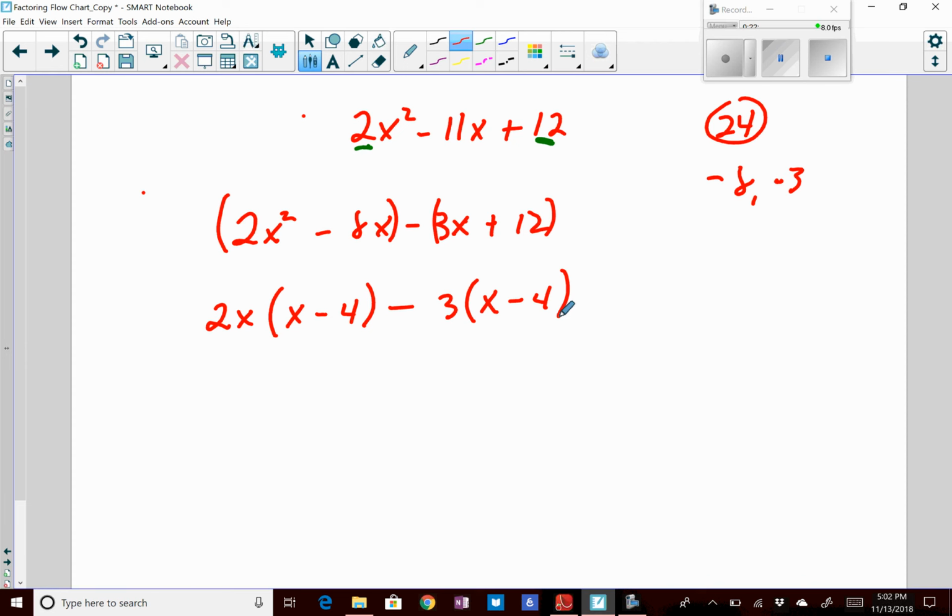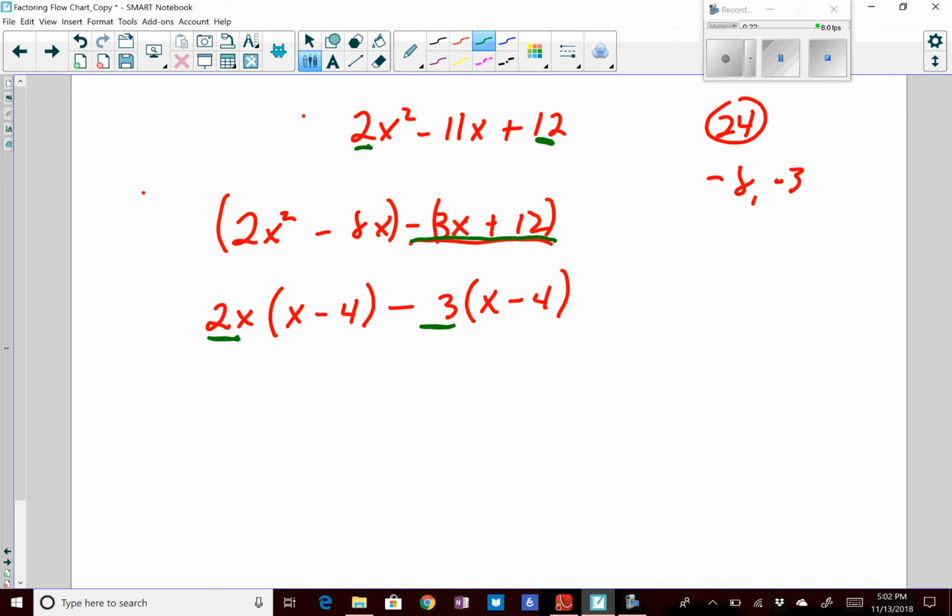And just remember that when you distribute this negative 3 now, what you want to get back is the last part of this expression. So if I multiply negative 3 times x, I get negative 3x. And negative 3 times negative 4, positive 12. So now what we do is we take